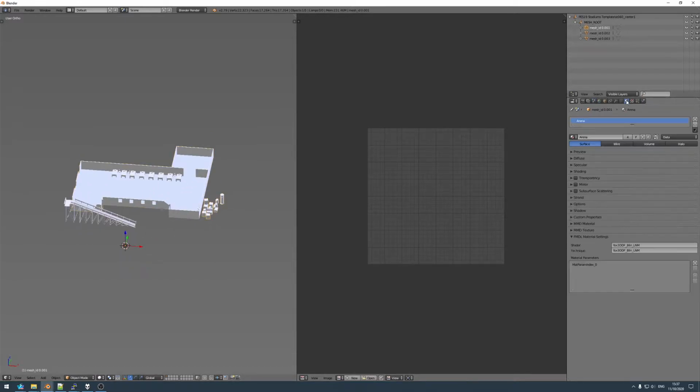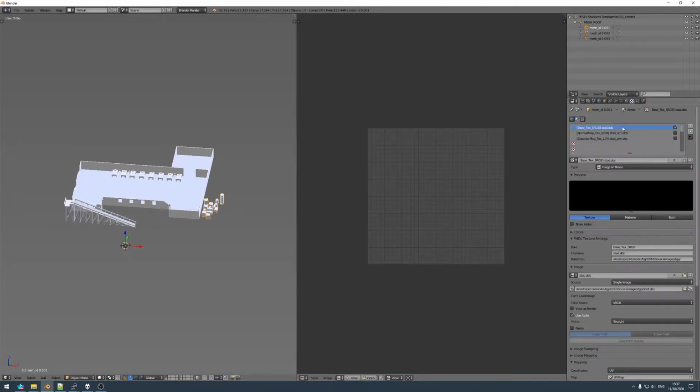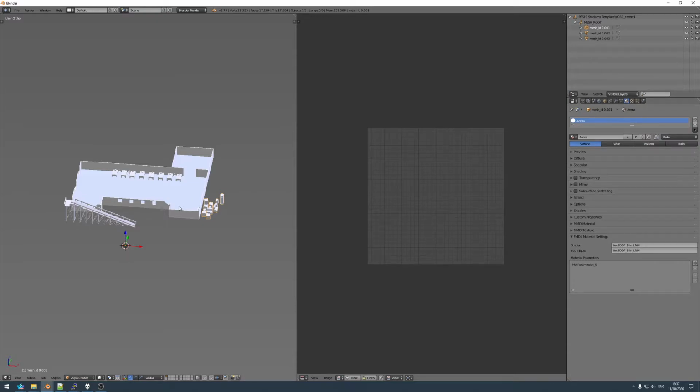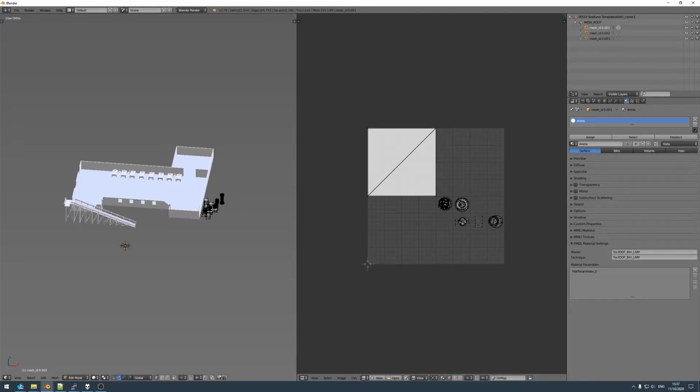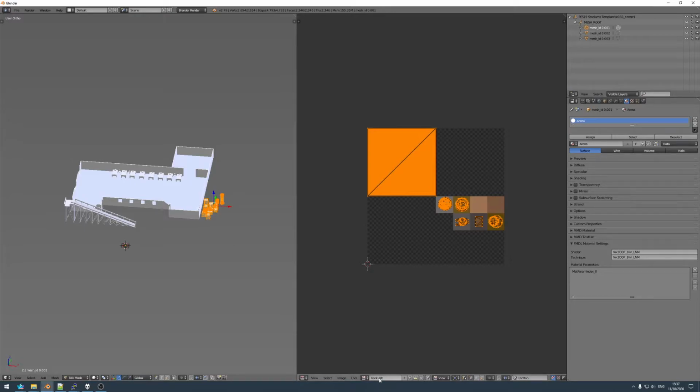Now, one downside of joining all of these to a single template model is that the materials and their textures are going to be the exact same thing. Now, we don't want that. We want all of these pieces to have their own individual texture and their own individual material. And this is really where the whole process of matching texture to mesh and renaming textures and so on comes in. Because now we'll be able to just go to edit mode and press A, and we'll see that, okay,